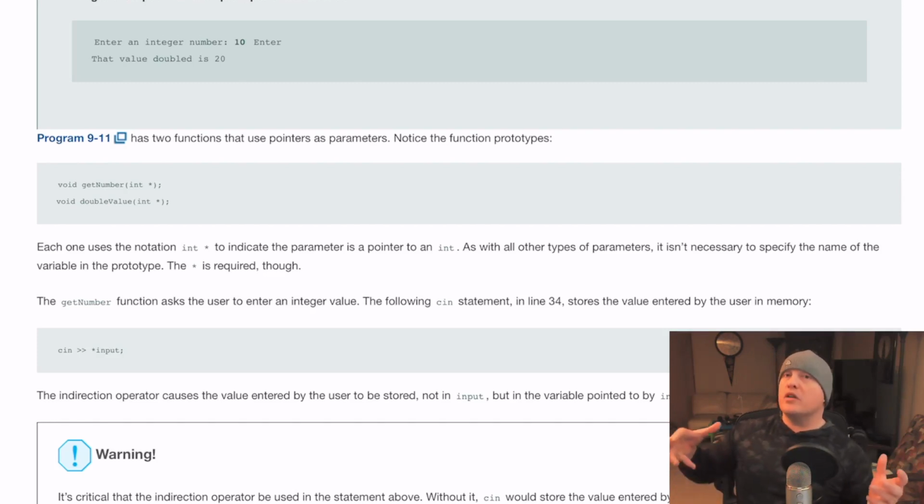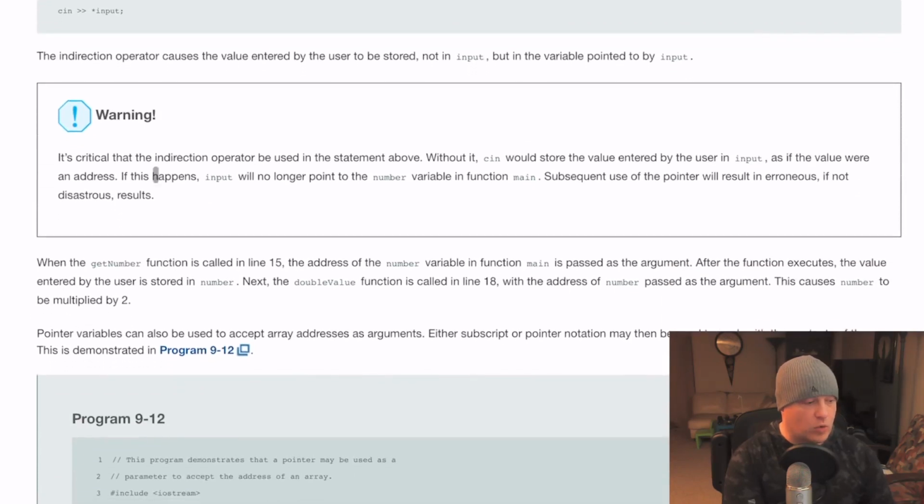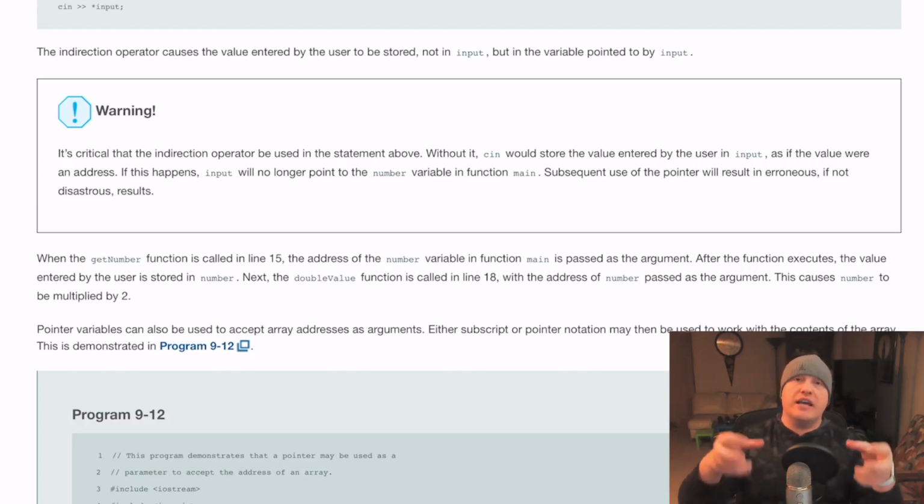So that's something to be aware of, because if we read the warning box here, the indirection operator must be used in the statement above. Without it, if we look at the way that cin works, we would store the value in input instead of the address.